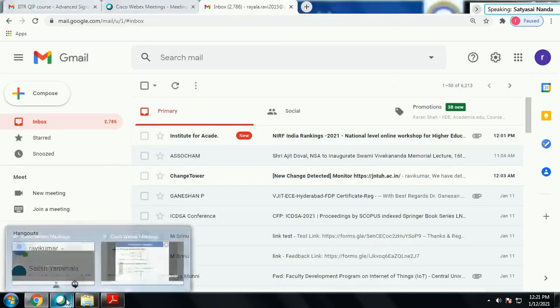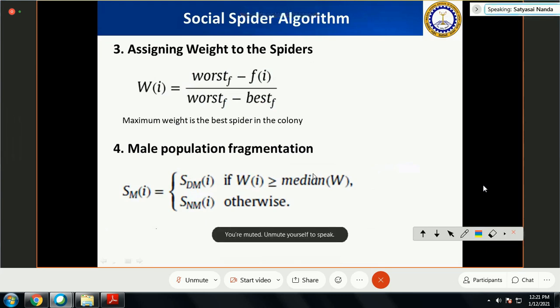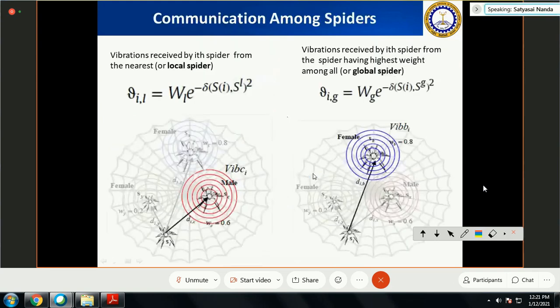And the non-dominant male spiders, whose weight is less than the median weight of the male spiders, normally lie in the central part of the web, and they are responsible for exploitation in the optimization process. And only the female and dominant male spiders are responsible for exploration of the search space. A good optimization algorithm has to keep a balance between the exploration and exploitation processes. So the beauty of this particular algorithm is that